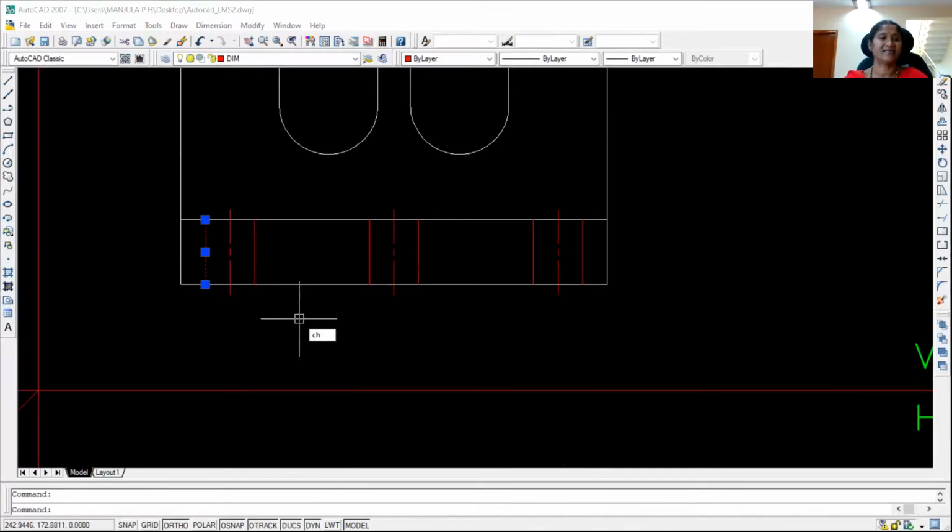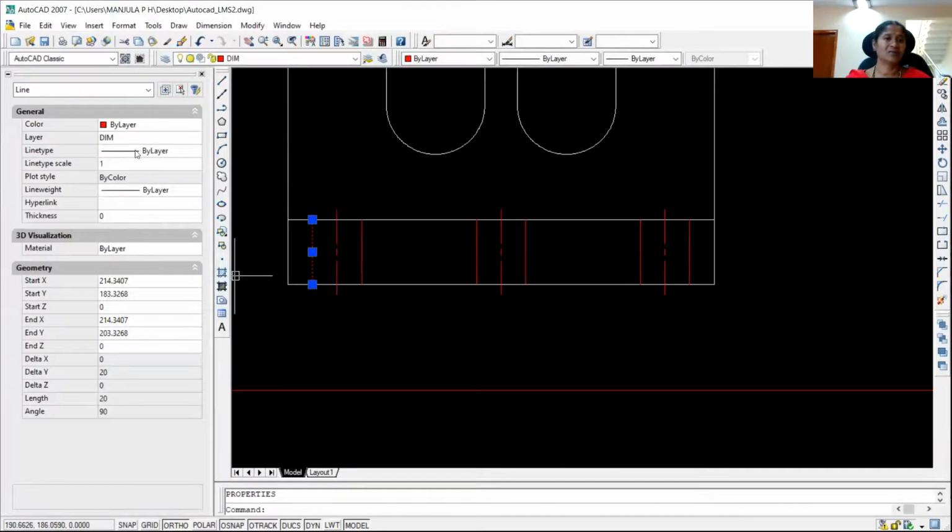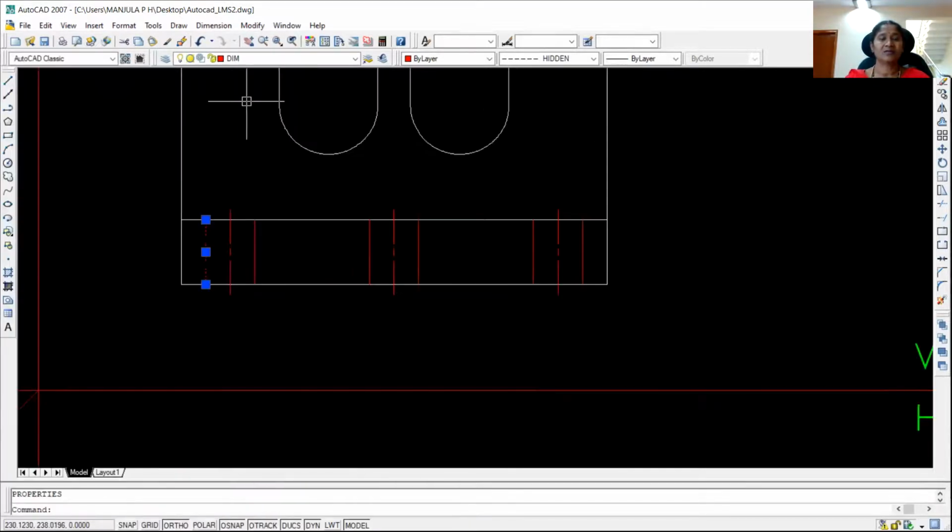Enter. Now come here, go to the line type. Here you select the hidden line. Now go to the line type scale, make it 3, enter. Now you close this dialog box. We have changed this line type to the hidden type.